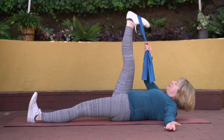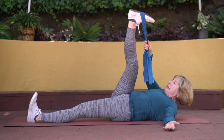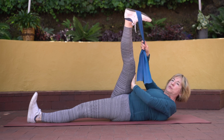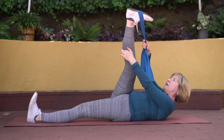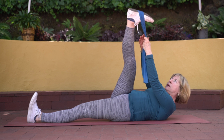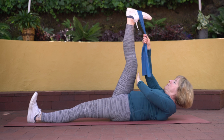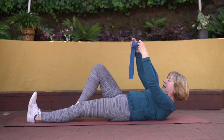Now let's come back to the middle and go just a few inches across that midline. And let's try to re-straighten that leg as much as we can, keeping that heel up, toe pointed down, feeling that stretch all the way down and up our leg. Breathing again into those muscles. Let's come back to the center, bend our knee, take the band off that leg, and we'll put the band